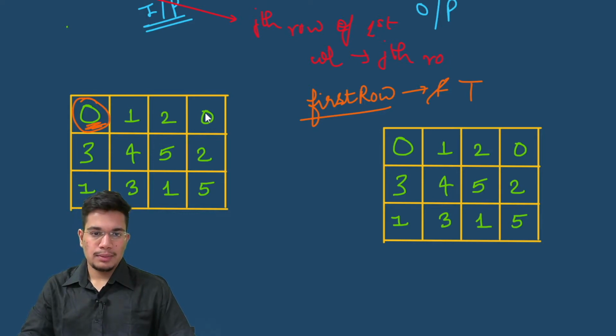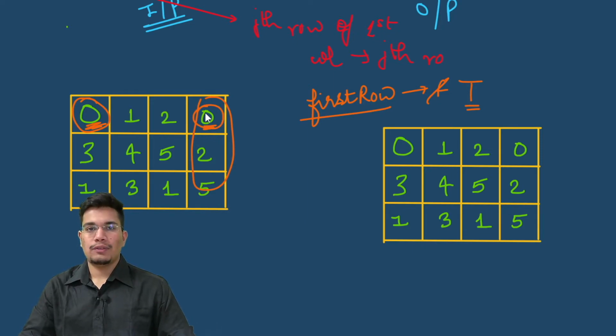Then we move on to other elements, and the next 0 that we find is this one. For this, again the row is the first one, so we change it to true. It's already true. And then this is in this particular column, so we'll change this value to 0 as well, and it's already 0. So that's pretty much it, because there are no other zeros, so we don't have to make any other changes.